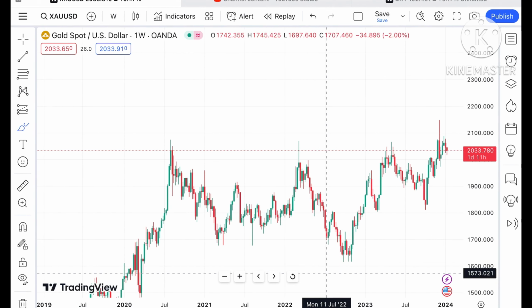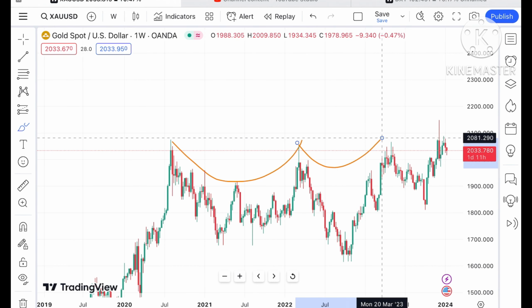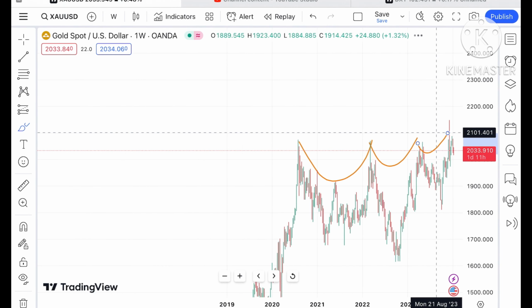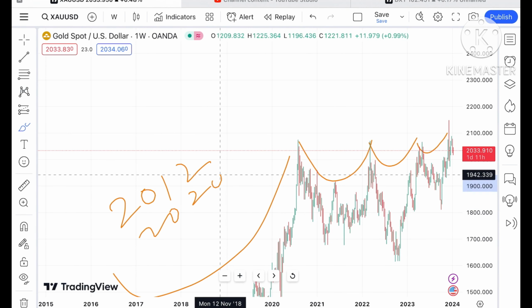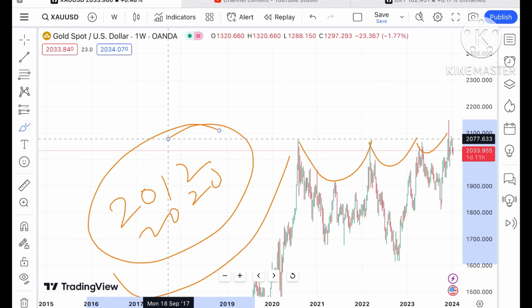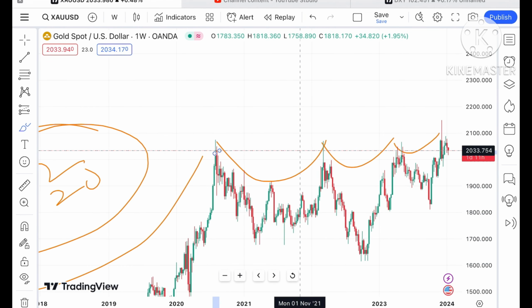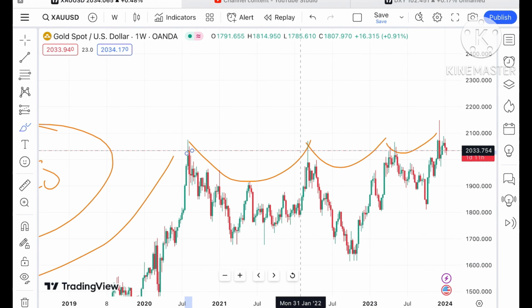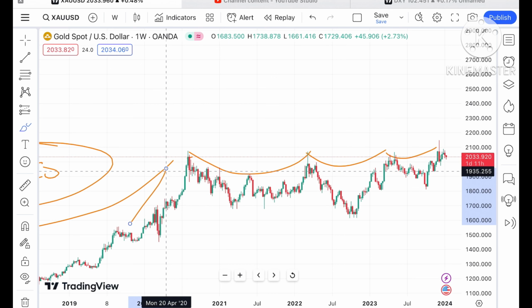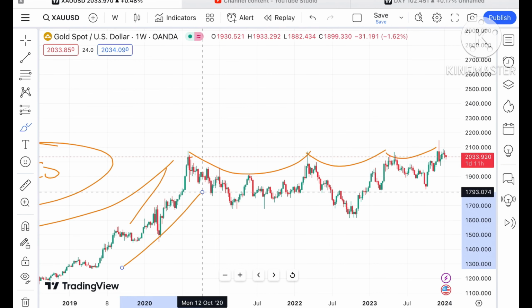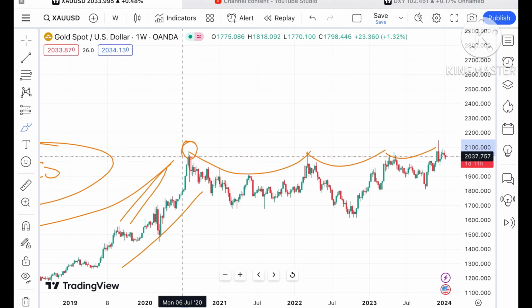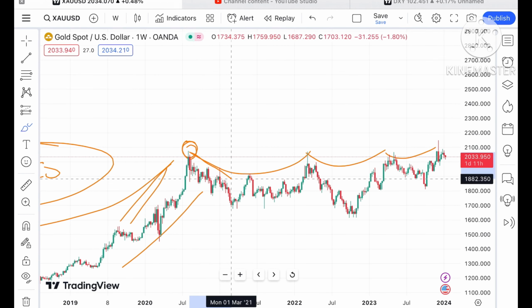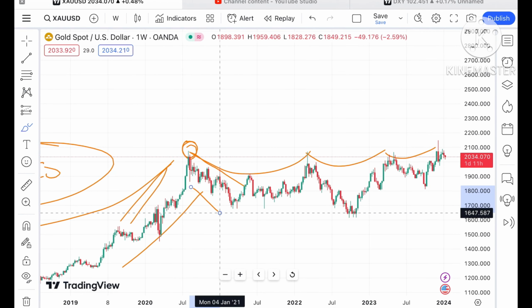Now this is what you can see looking at this particular chart. A U trend is forming here. After that, this is a particular trend from 2012 to 2020. This is the first pattern which has formed. Then a similar pattern came after the pandemic situation, where the price of gold moved very low, and after that it tried to go upside. As soon as it tried to go upside, we saw a high it made. After that a downfall came.